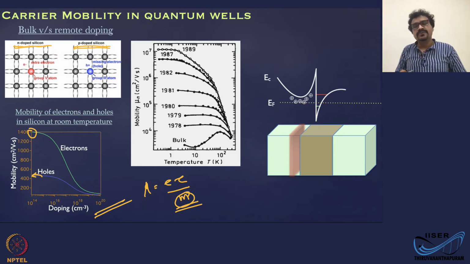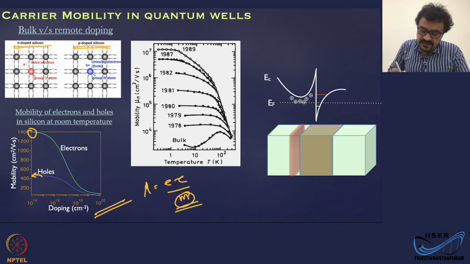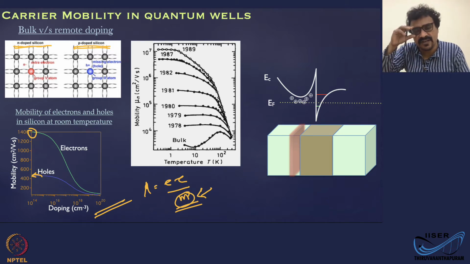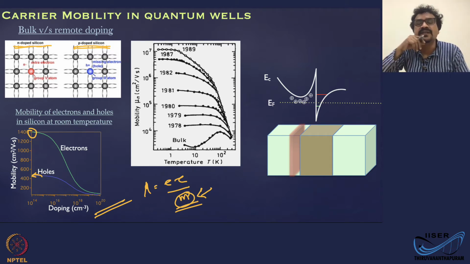But now there are some other material systems where you can have really high mobility for charge carriers. Of course, mobility depends upon the effective mass, so you can choose materials with a really small effective mass. Gallium arsenide is one example. That is why a lot of high mobility transistors are made from gallium arsenide.